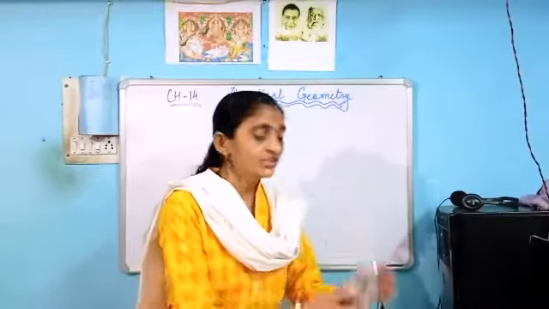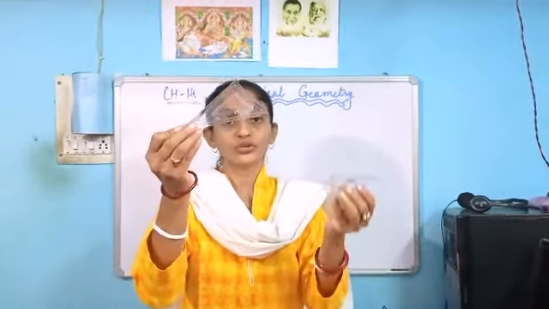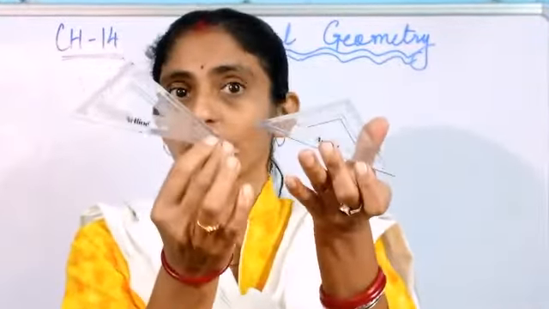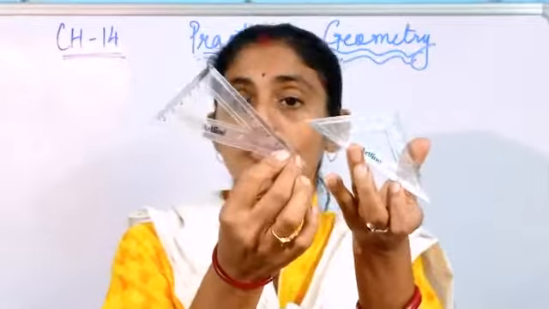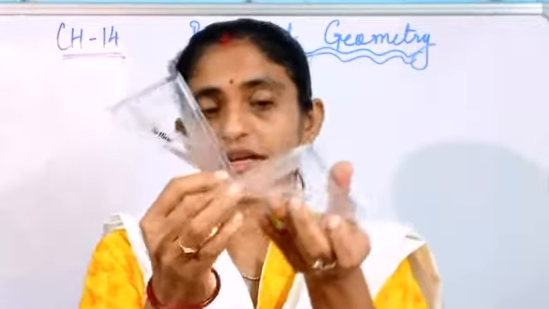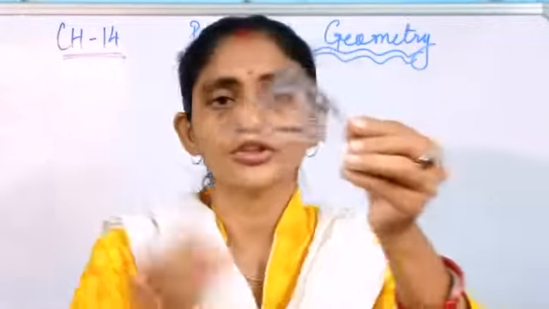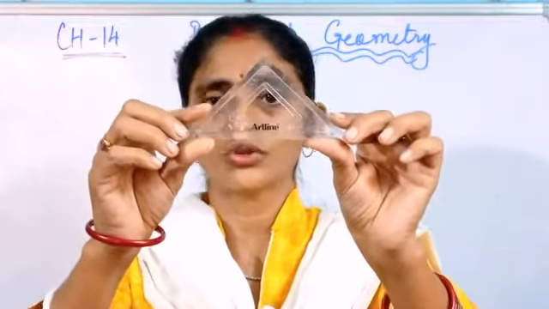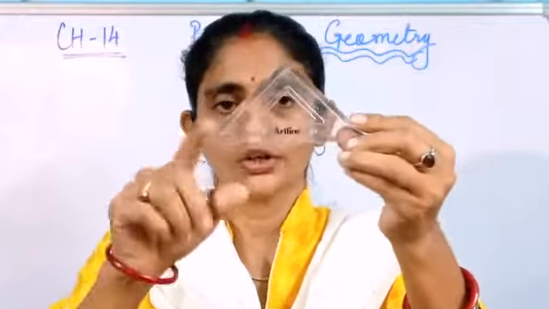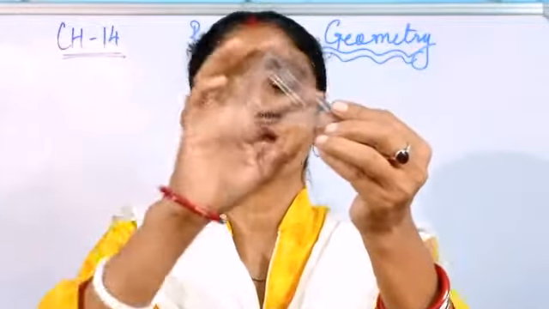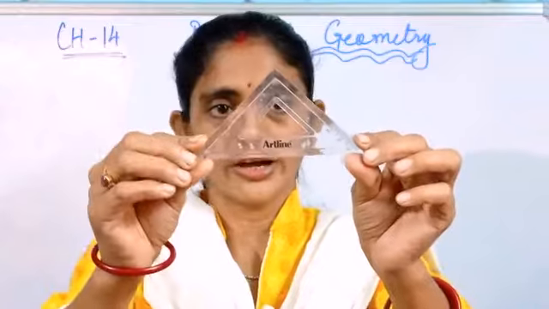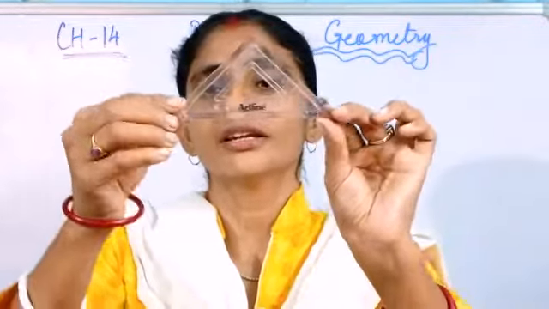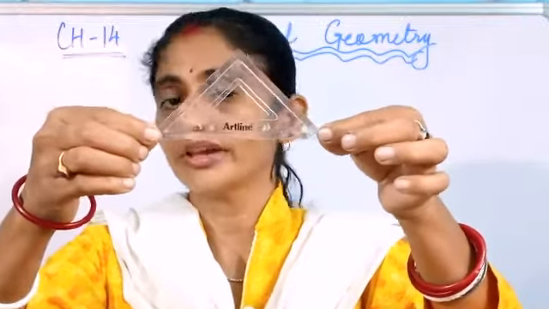Now another thing which we use. These two triangular shapes you might have noticed in your geometry box. What do they call? They call set square. Why have these two different kinds of set square been given? Let's come to that one. See, first you observe this one. Have you noticed that this triangle is looking like an isosceles triangle? That means two sides are equal. If you measure the angles of this set square, you must find that this angle and this angle, these two angles, are called base angles.